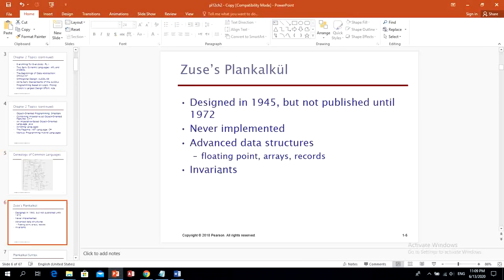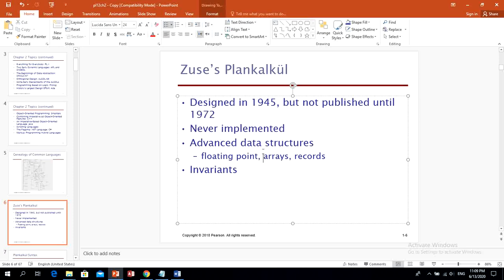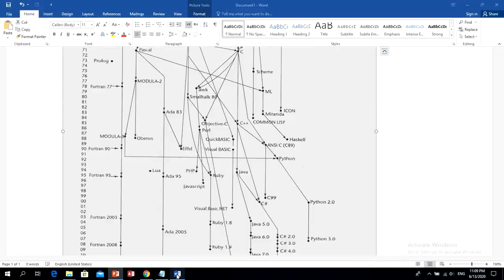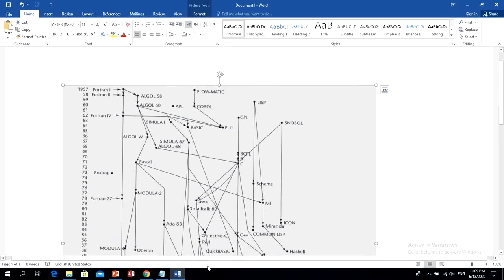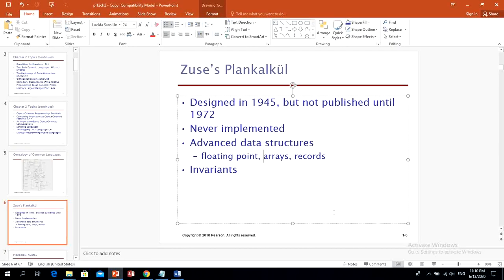We're gonna start with Plankalkul. As we said, it was created by Konrad Zuse from Germany between 1942 and 1945, but it has never been implemented, and that's why you don't see this language listed here in this list of languages. It has never been implemented. It didn't find any commercial support,